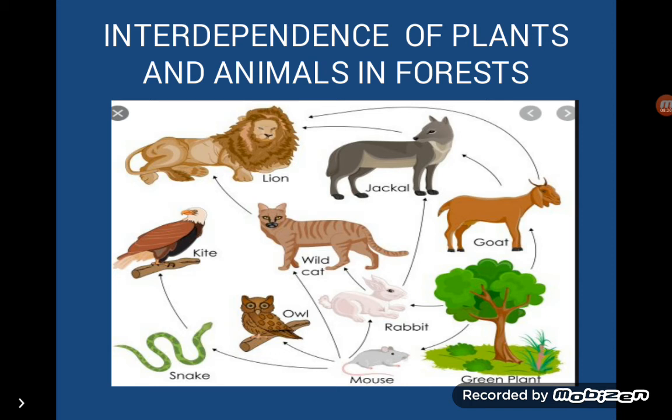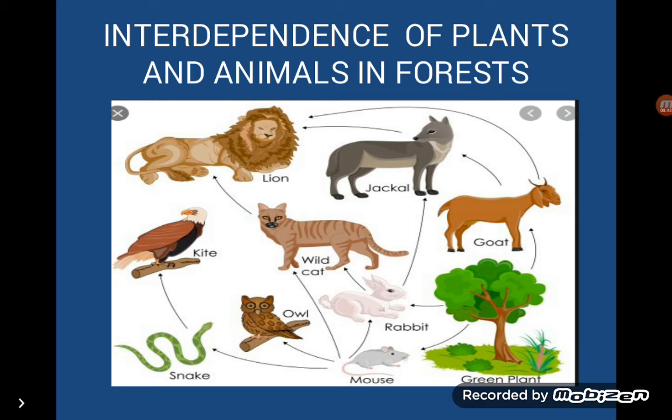We have already discussed that autotrophs such as green plants can make their own food and thus are called producers. Heterotrophs such as humans depend upon plants either directly or indirectly for food, so they are called consumers. In a forest, herbivores that eat plants are eaten by carnivores or omnivores. This forms a food chain.